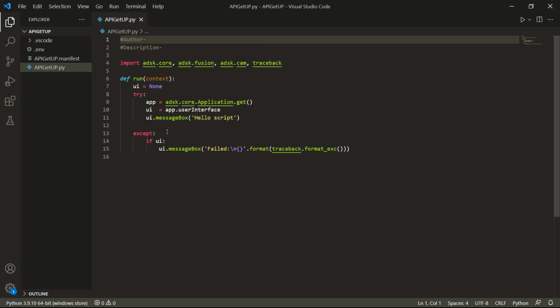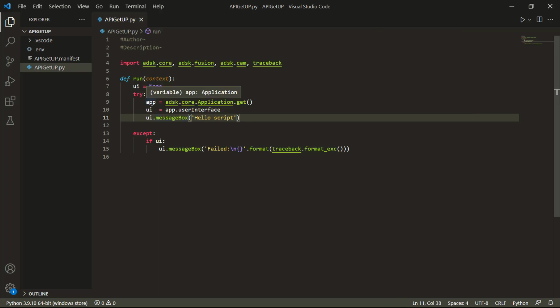For the purposes of what we're doing, we're going to focus our attention in the area of try. Basically, you can think about this as the code it's going to try to run, and then if there's an exception, here is the failed message that we're going to get. So when we run this default script that we get every time we create a new script,